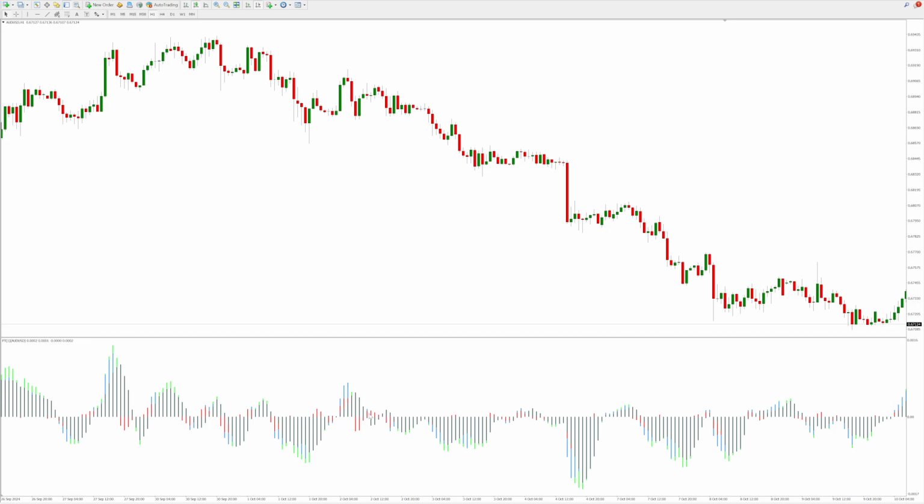The purpose of this indicator is to show us the trend direction and trend strength. It's very easy to use. Basically, when the histogram bars are making higher lows or above zero, it suggests an upwards trend. When they're making lower highs or they're below zero, it suggests a downwards trend. Okay, then we also have, that's something that the MACD indicator will tell you anyway. The difference with the power